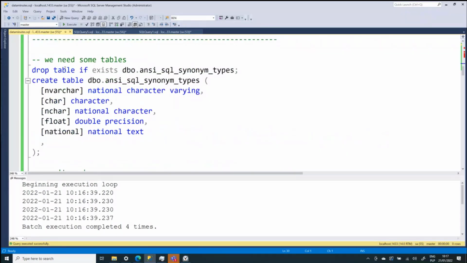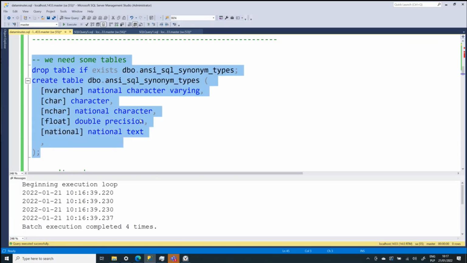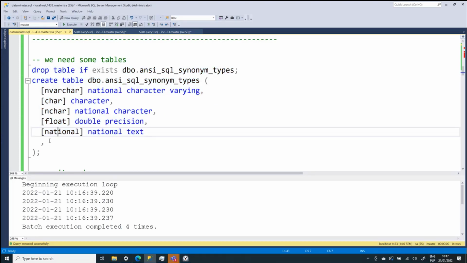Okay, so now let's create some tables because, well, the empty database doesn't do much. So I'm tired of using the data type names, the classical ones, the nvarchar, nchar, or char. I decided to go full Shakespeare and use more of a sentence for the data type. So instead of nvarchar, I'm using national character varying, or instead of float, I will use double precision. And to be safe later on, I'm going to leave that extra comma in the table definition, just in case I need to add an extra column or something else.